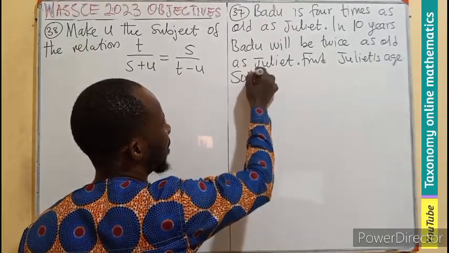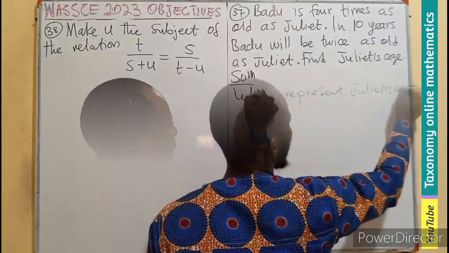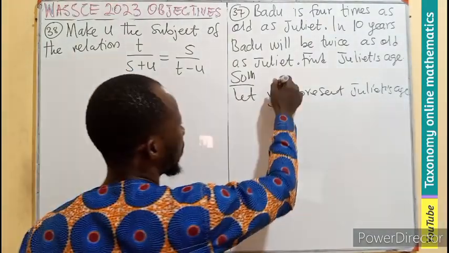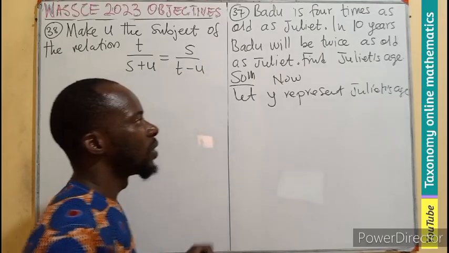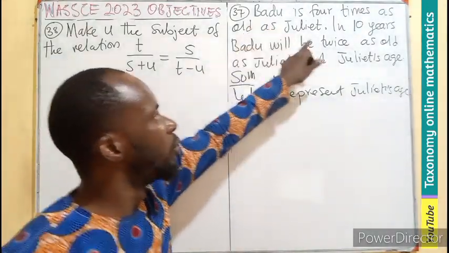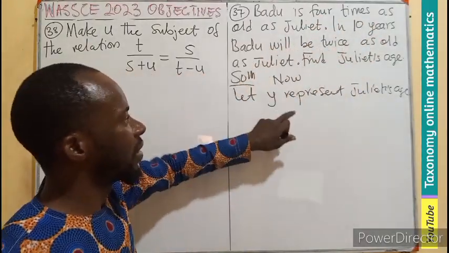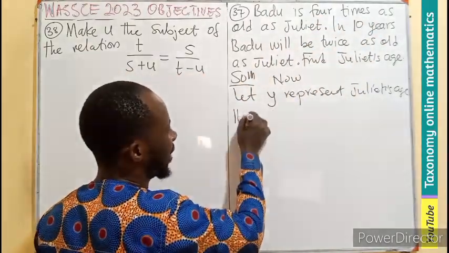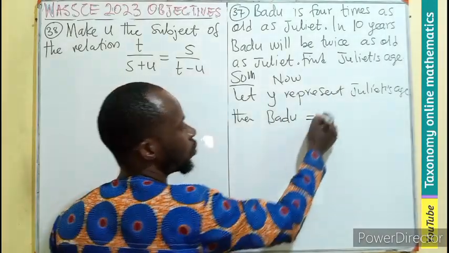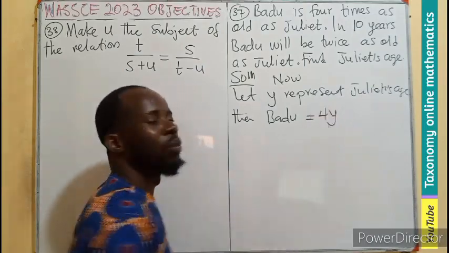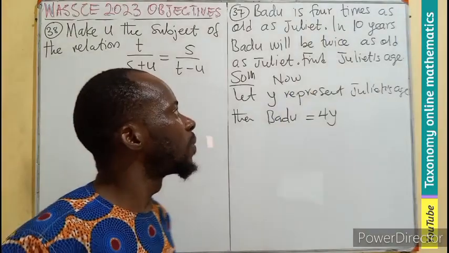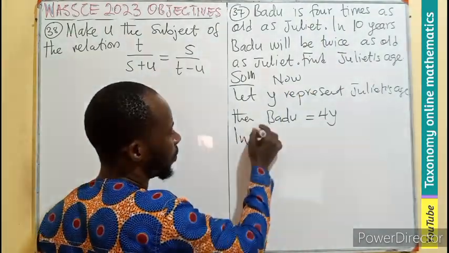So we can say that Y represents Juliet's age now. Let's use the statement. Y is the age of Juliet now. Then Bedu is 4 times as old as Juliet, so Bedu's age is equal to 4 times Y. Then in 10 years' time,